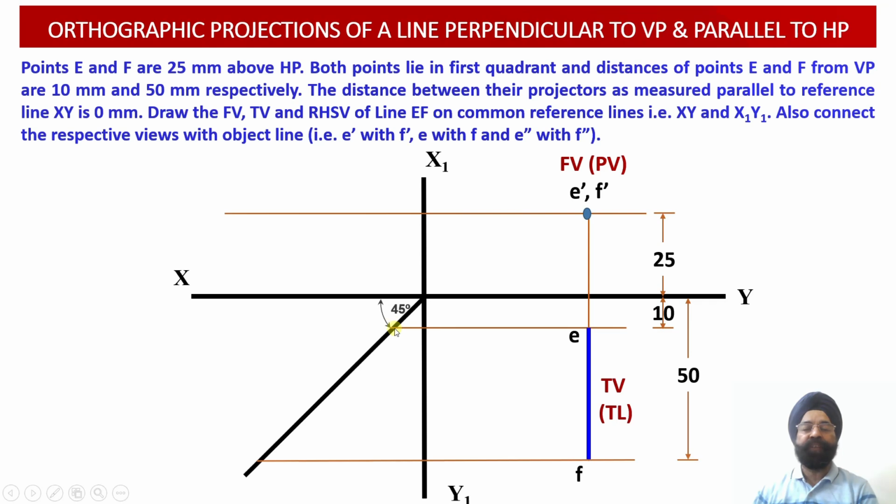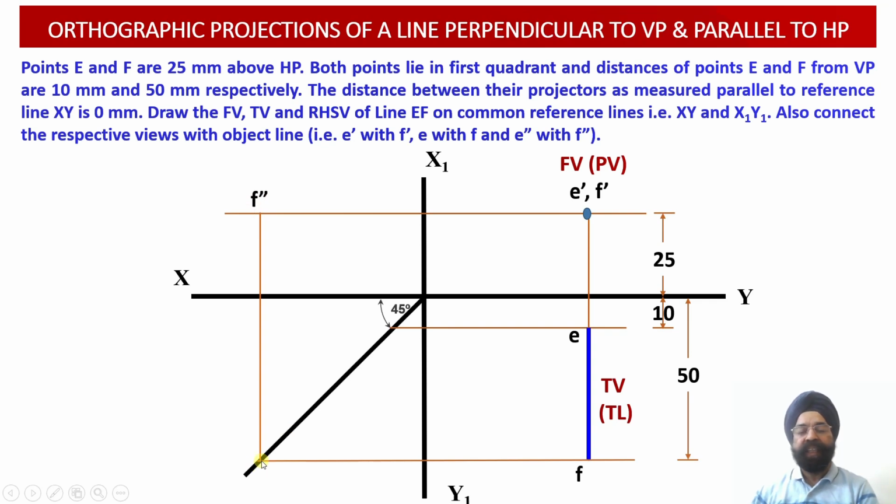So onto the transfer line, 2 points have been obtained. One corresponding to the point E, which is at a distance of 10 millimeter from the vertical plane, and another point F, which is located at a distance of 50 millimeter from the vertical plane. So these two distances of 10 millimeter and 50 millimeter will be transferred onto the profile plane